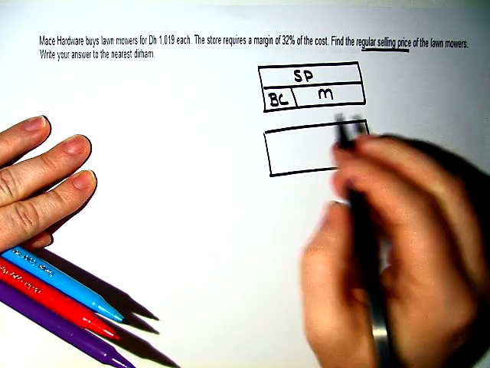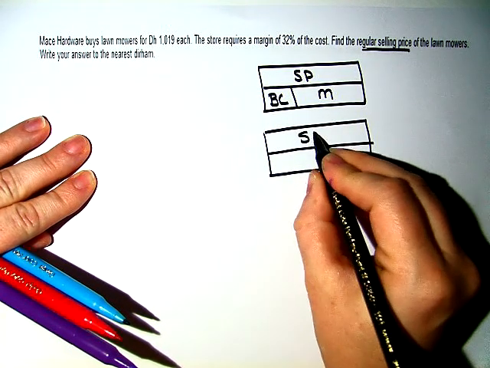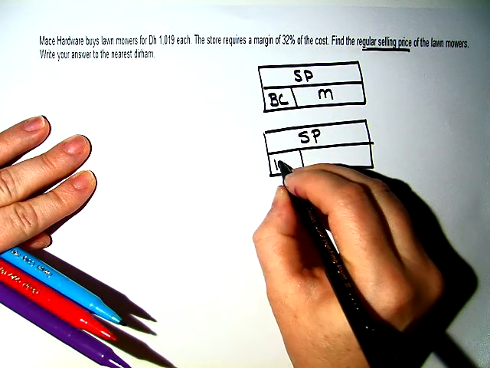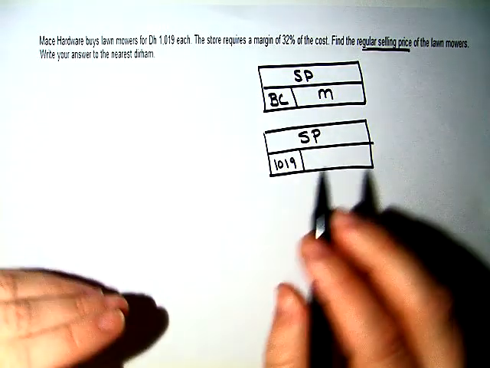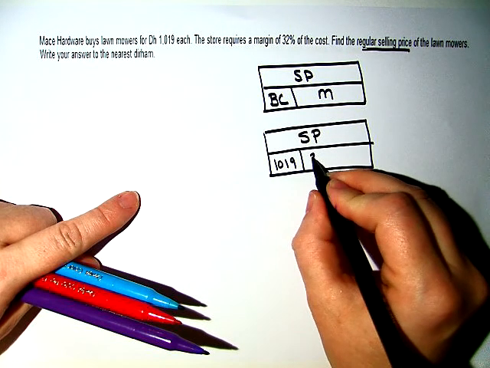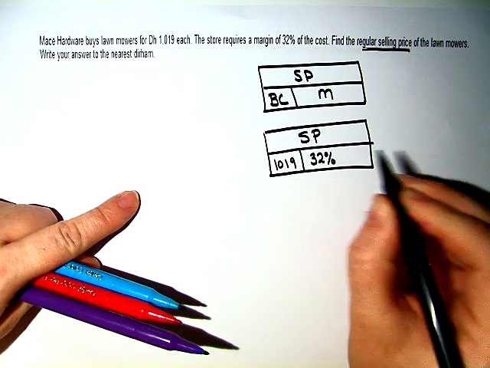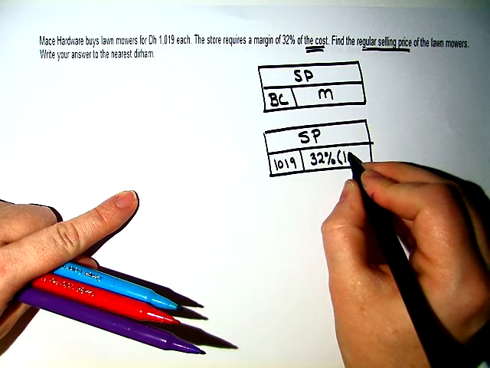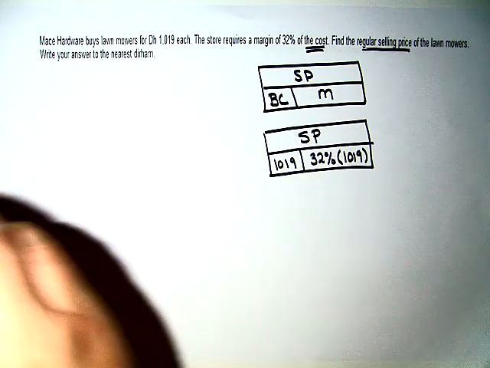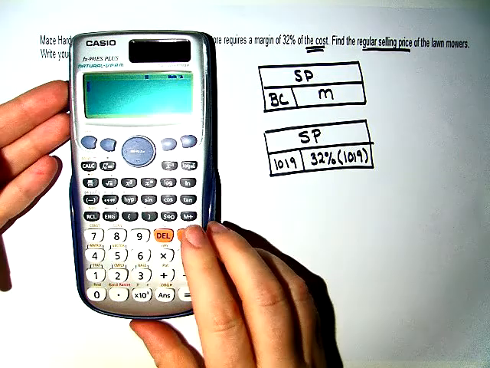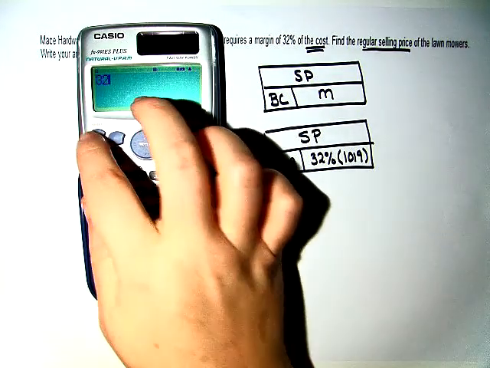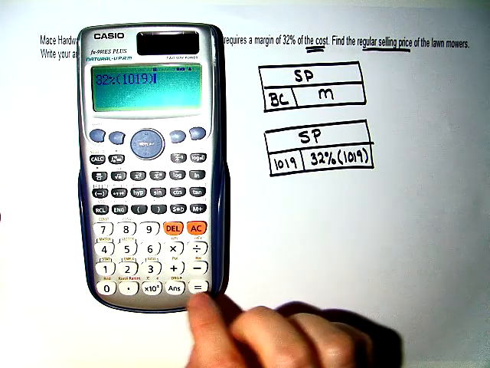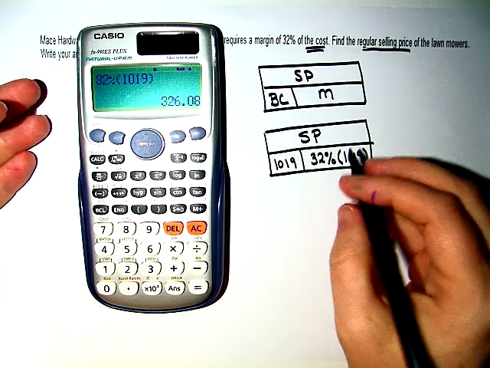So we're looking for my selling price. But I know that the buying cost is 1,019. And I know that my margin is 32% of the buying cost. So 32% of 1,019. So let's go ahead and put this in. 32% of 1,019 is, we're going to make this into a decimal,